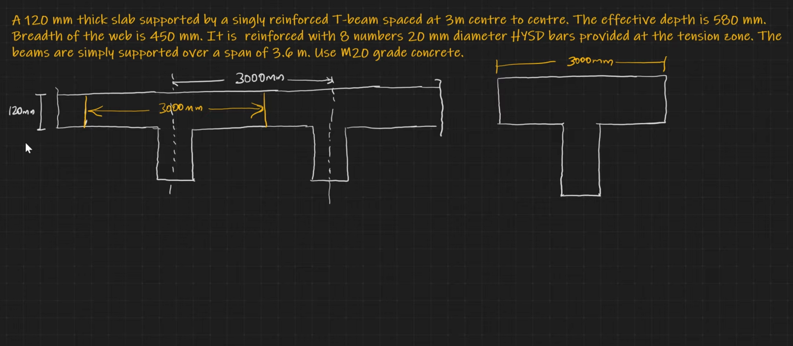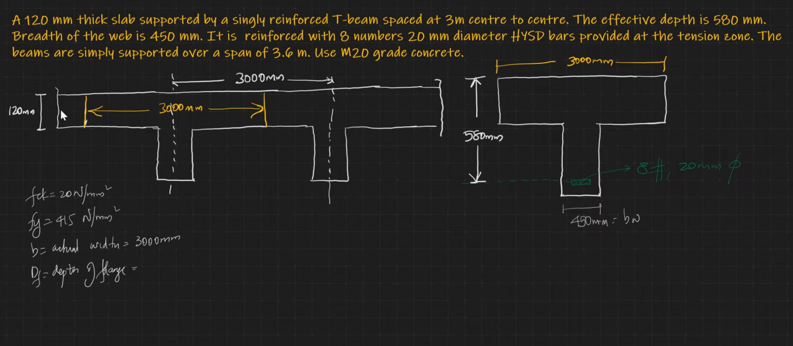And it is reinforced with 8 numbers of 20 mm diameter bars. And the effective depth is given as 580 mm, and the width of the web is given as 450 mm. Here you are asked to find the moment of resistance of the section. So given data are,